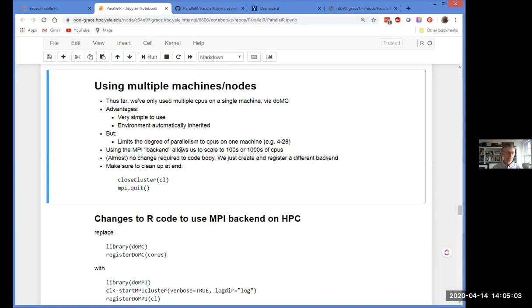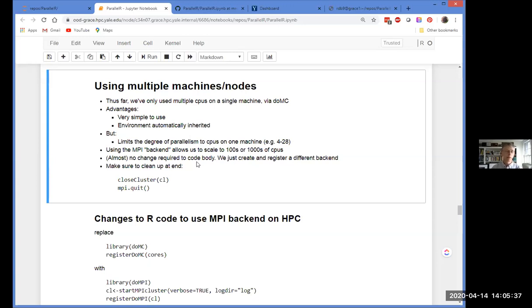Things start up and stop nicely, and it works really well. The major problem with that always was getting the installation right, because MPI itself is a very complicated install. Combining R plus parallel R plus MPI could be a challenge. But the steps that I showed you at the beginning, I have found work perfectly to get you a complete set of what you need in order to run the doMPI backend. That's why I think it's a good set of instructions.